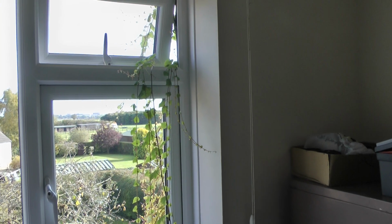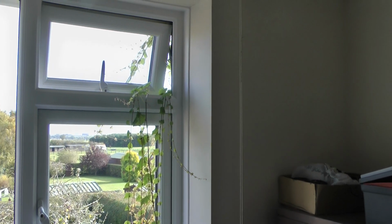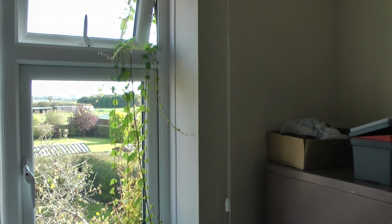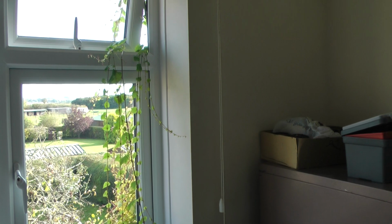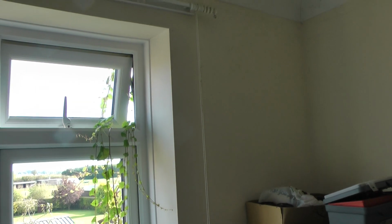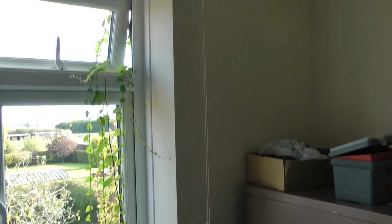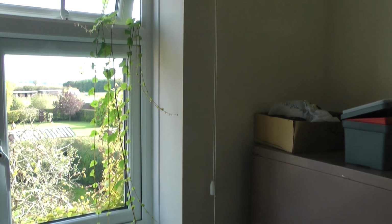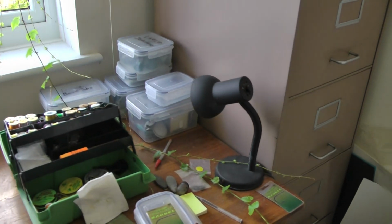The Boston ivy climbs on the outside of the house, and at this time of year it looks quite spectacular with the beautiful oranges, yellows and reds. But of course it can be a thorough nuisance if you let it get out of control. It's where it's come in this window here, down over my fly tying box,